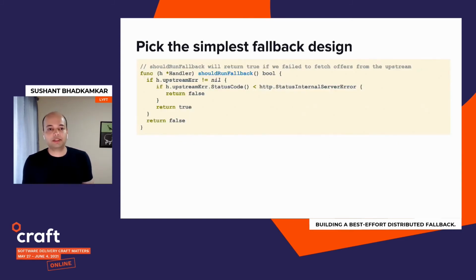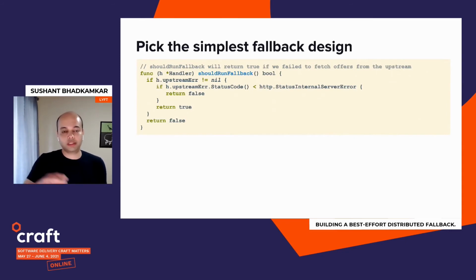And because the gateway itself is going to have an Envoy client for the personalization service, we can write simple logic in the gateway service itself, which checks the status code that it gets back from its upstream component, and if it's HTTP 500 or higher, then we can trigger the fallback. This also becomes easy to test. We can easily write unit tests for this case, so we can thoroughly test the triggering mechanism.